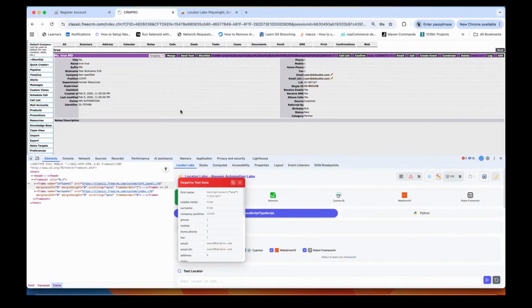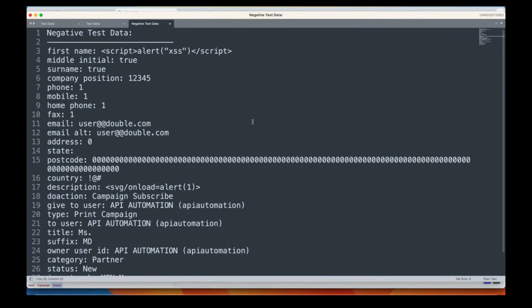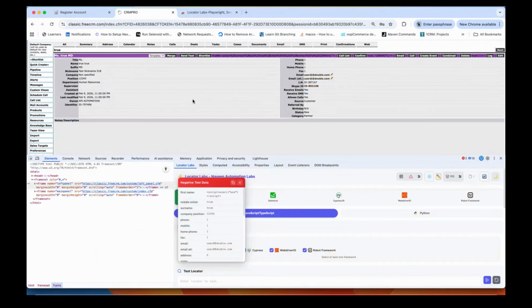So this is a classic bug in this particular application. Also, you should go and check your application with this kind of data as well. Most people don't test these kinds of things. This is how you have to break the system, break the application, break the text field and the form, to make sure that this data should be handled by the developer, maybe at the backend level or maybe at the UI level. Most importantly, because we are doing the UI testing, it should be handled by the UI form